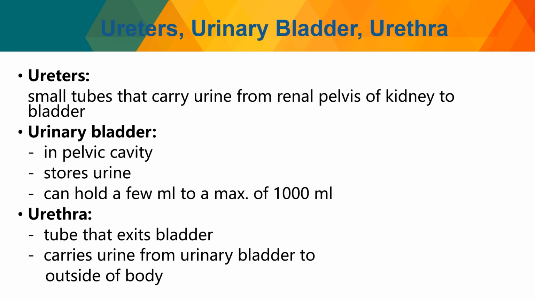So for the other parts of your urinary system, again, you have your ureters, urinary bladder, and your urethra. The ureters are small tubes that carry urine from the renal pelvis of the kidney to the bladder. And then the bladder is found in your pelvic cavity. It is responsible for storing your urine, and it can only hold a few milliliters to a maximum of 1,000 milliliters. So basically,